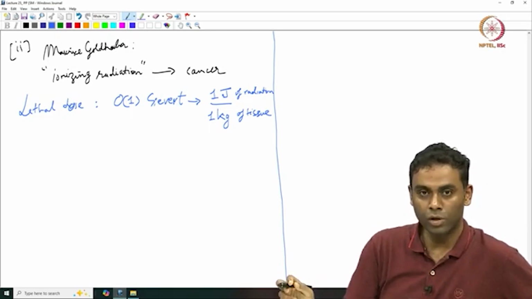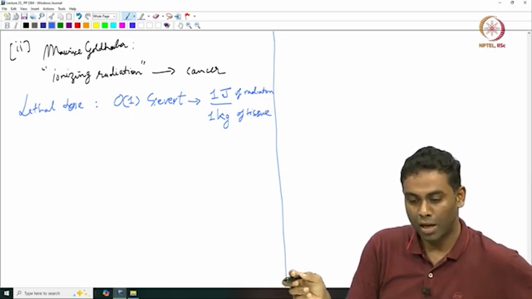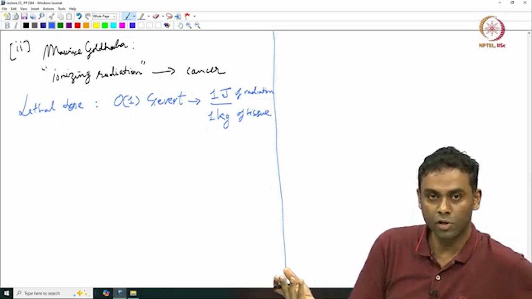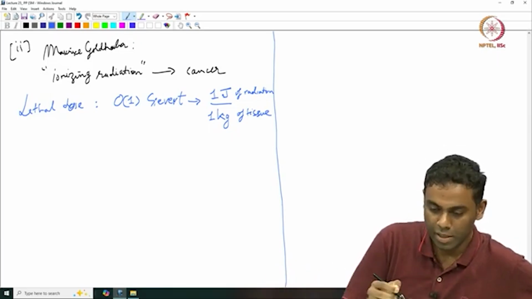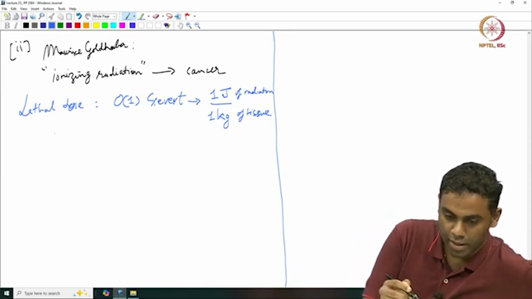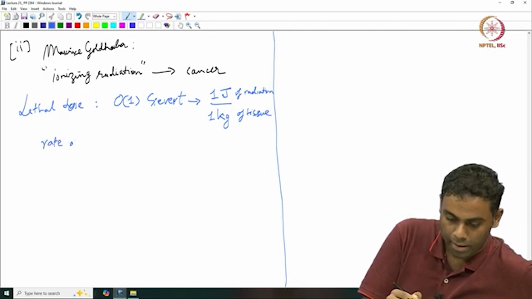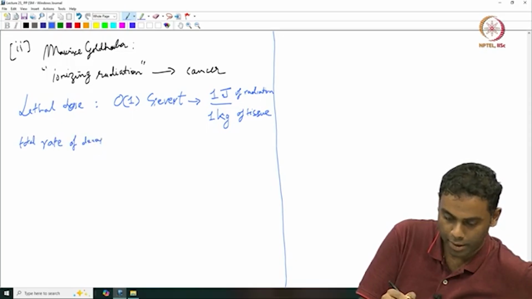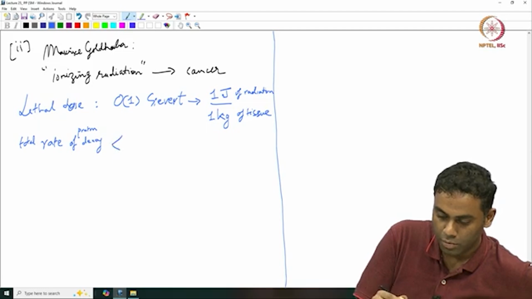Okay. So, Goldhaber made use of this. This lethal dose was known in his time, I believe in the 60s or 70s, and he simply calculated that since we all live 10 to 100 years, so order 10 years, he made use of that fact and said that the total rate of decay of proton decay has to be smaller than,